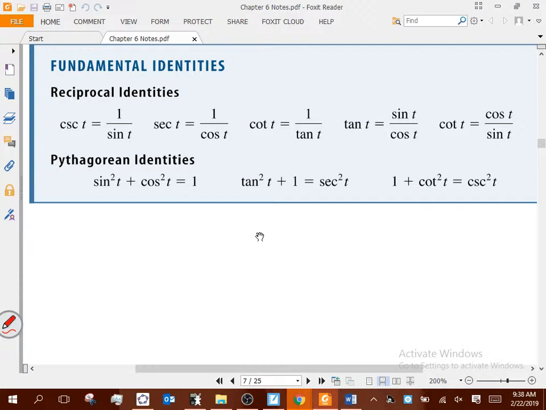And you're going to hear me say the word identity all the time in this course. That's what I'm trying to reference: an equation that is always true. Why is it nice to have an equation that's always true? Through my work, I might end up having something that looks maybe kind of like this,